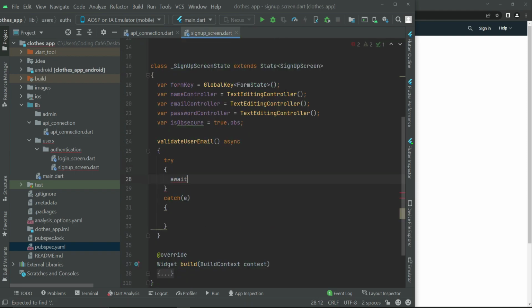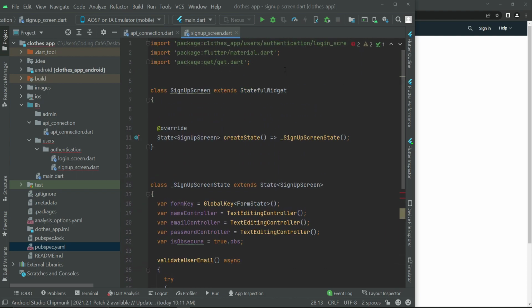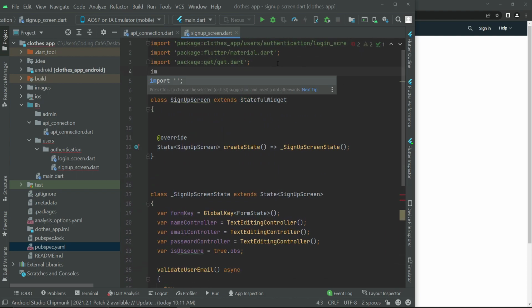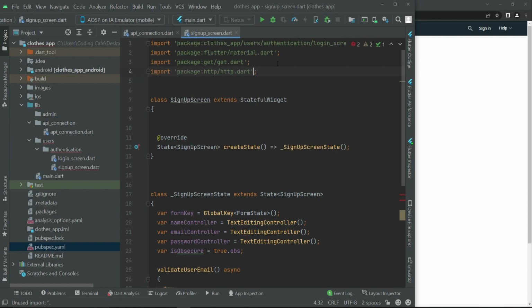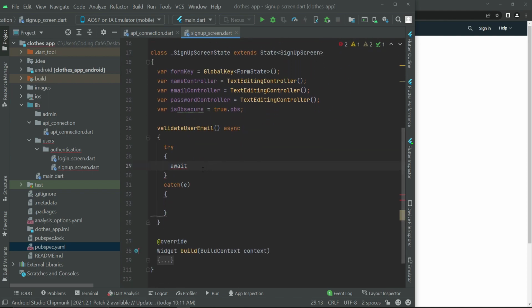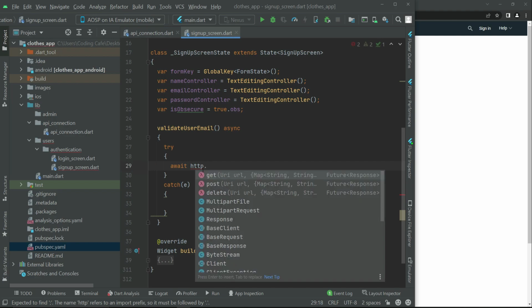Now let's go back to our signup screen.dart file, and here we can first import a package, which is http.dart, this one, as http, just like this. So now we can say http, and as you know that we are sending data, we will use the post method, which I already explained. Post is used when you want to send data to the server. Okay, so we will say http.post